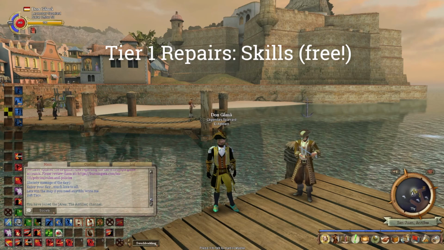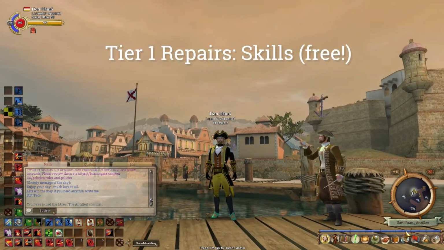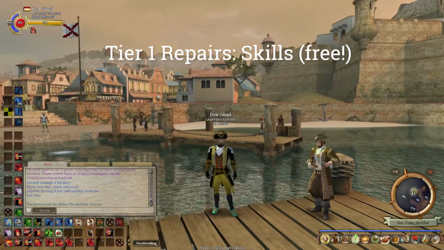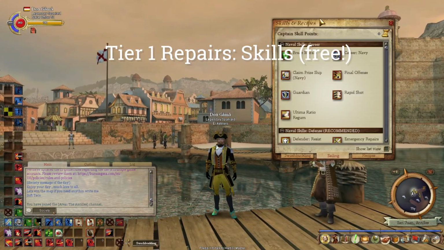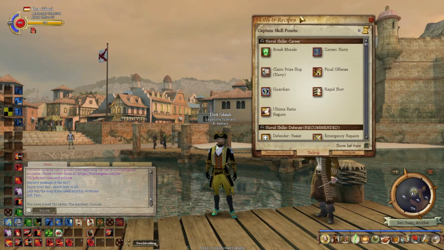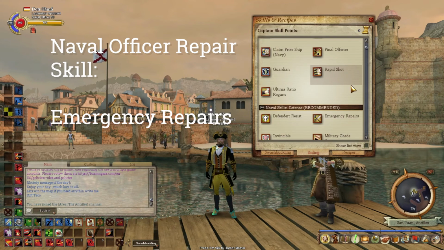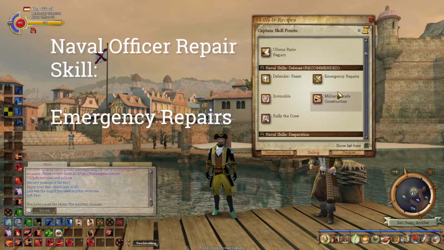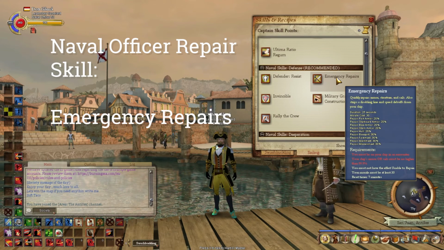Now, each class has at least one skill that's going to repair your ship's armor, and some actually have multiple, like the free trader. All right, so we're going to start off with the naval officer. The naval officer has one career repair that you can use as a skill, and that's going to be emergency repairs, and it actually does quite a lot. You'll see here it repairs your armor, it also repairs your structure, and then also a little bit of sails